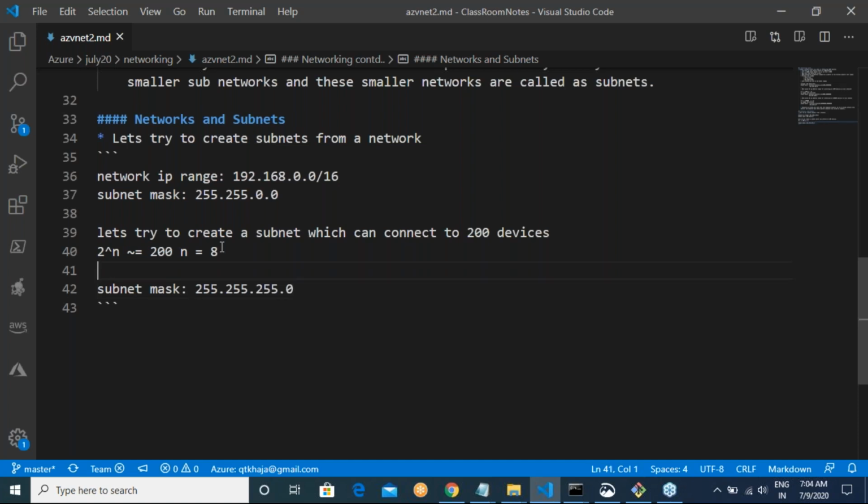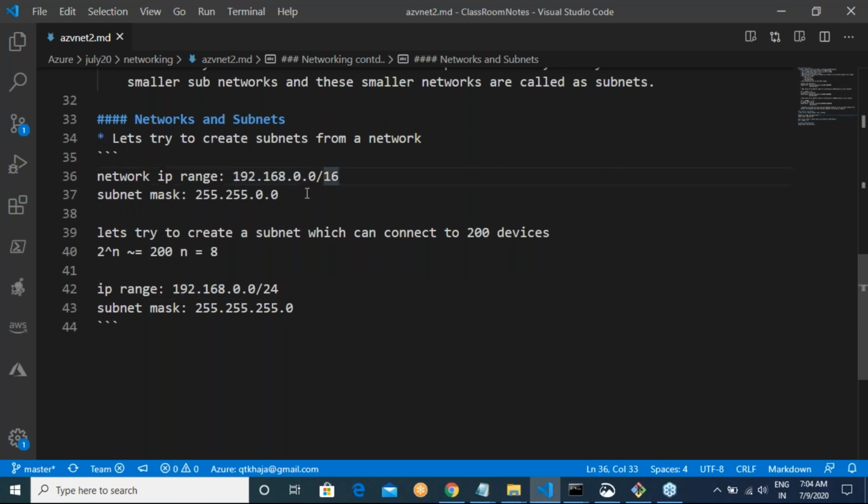Now what would be my IP range? Here understand one thing. My IP range should be part of this network. So what I would do is I would tell 192.168.0.0/24. So what is the network ID of your network? 192.168. What is the network ID of the subnet? 192.168.0.